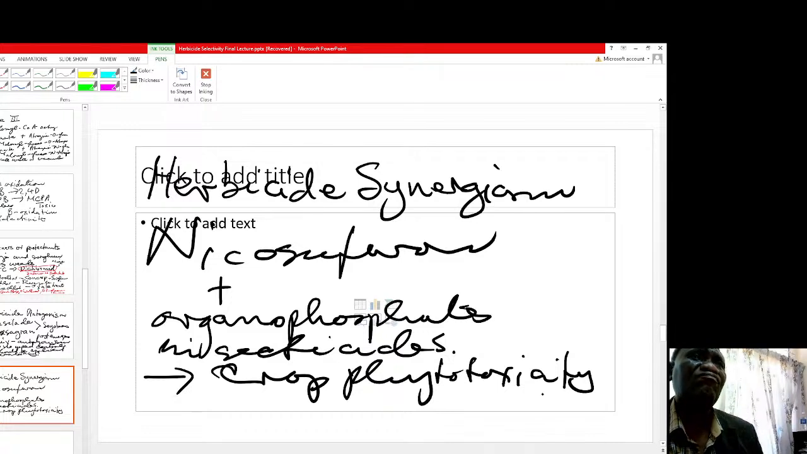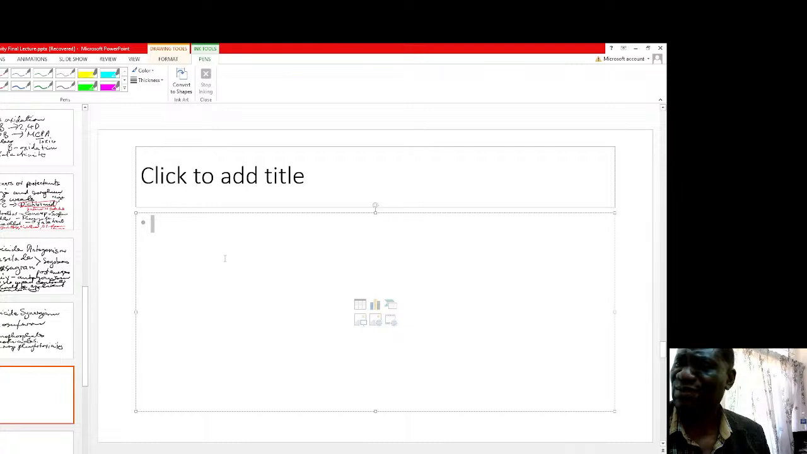So I will quickly summarize what we have just discussed and then finish off this bit on selectivity, although we touched on some other important issues. So on this one,